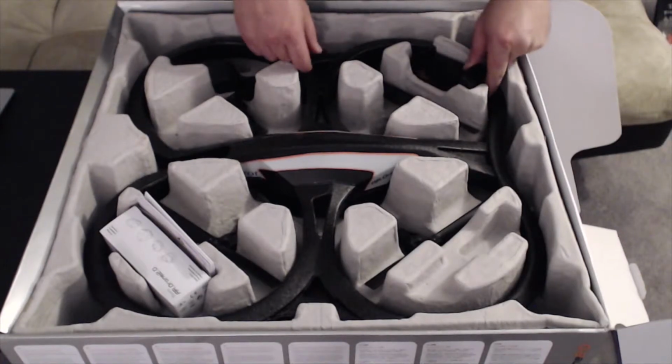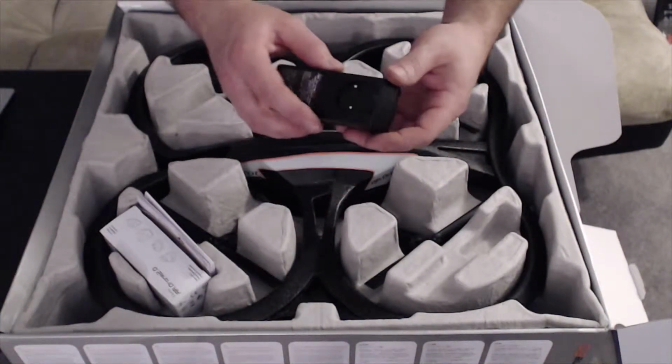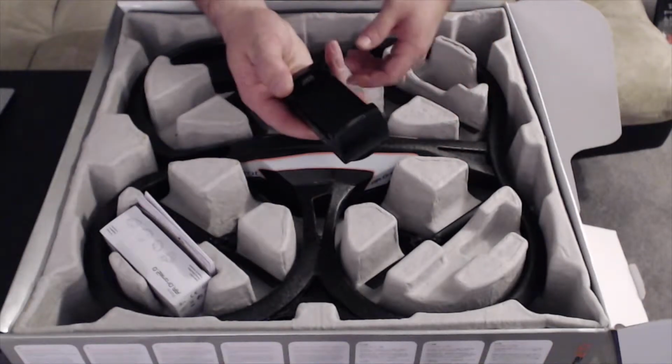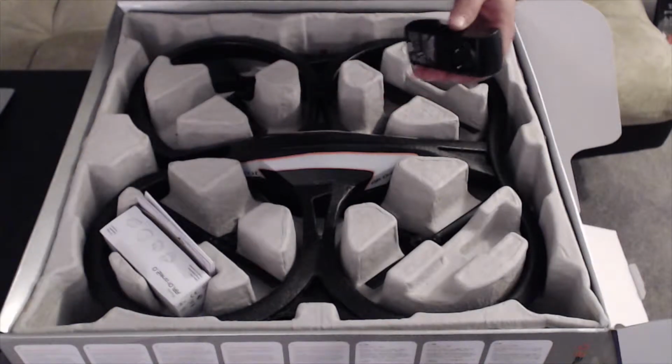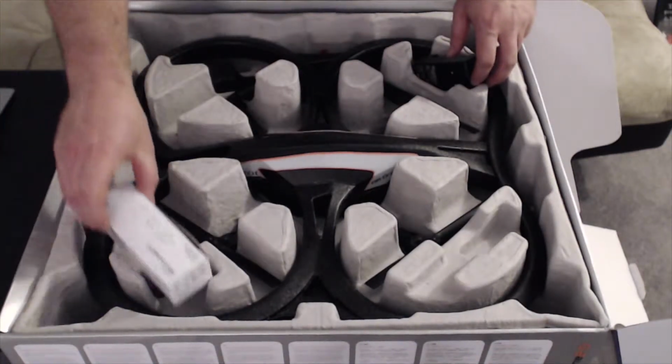And here we have the charger. This is a wall charger, but wait, there's no plug on here, just a couple of leads. Well, that's pretty strange. Oh, no, it's not, because in this box right here, directions, get rid of those. In this box right here